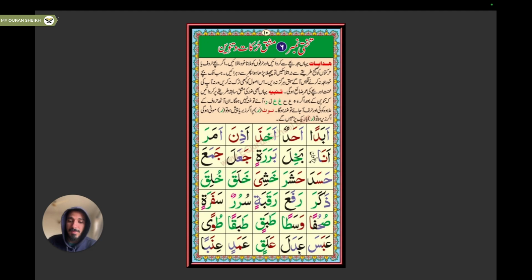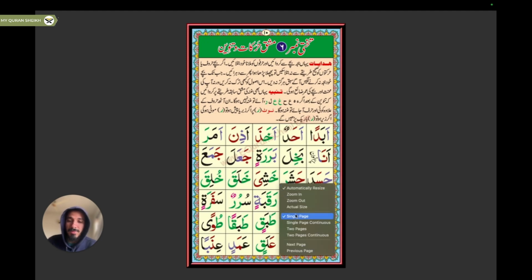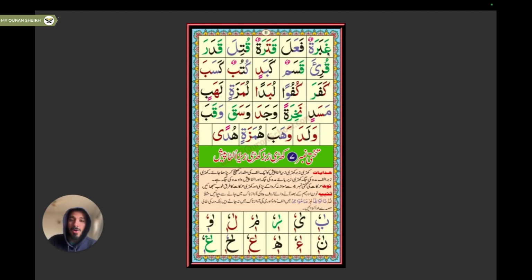عبس عدل علق عمد عنبا غبرة فعل قترة قتل قدر